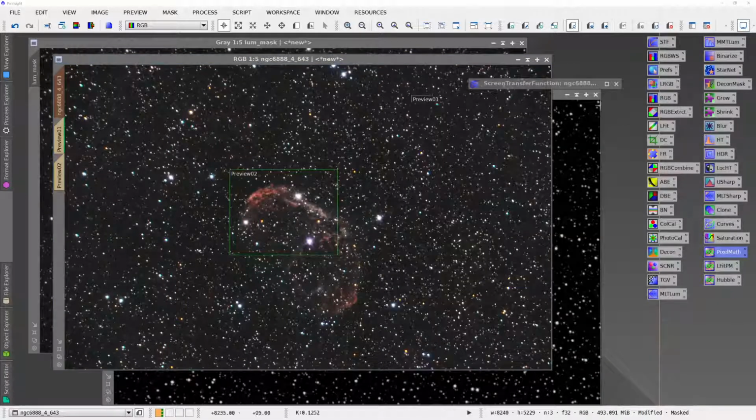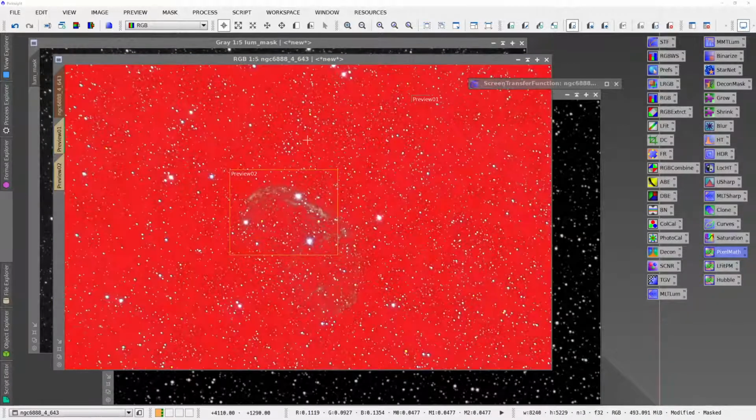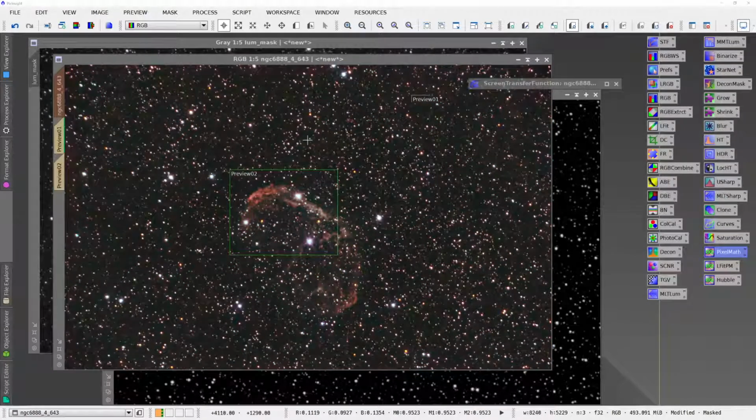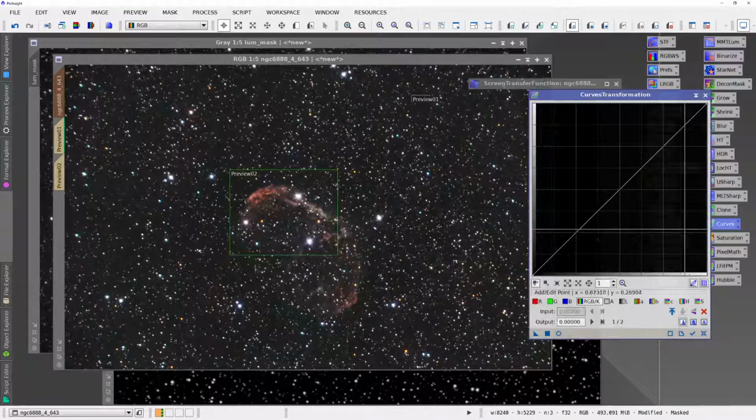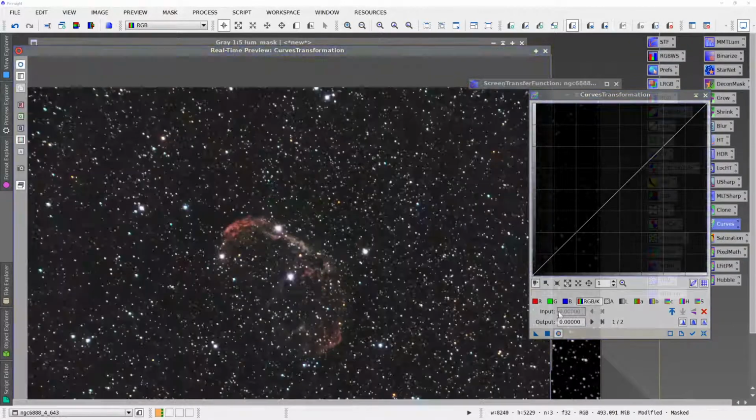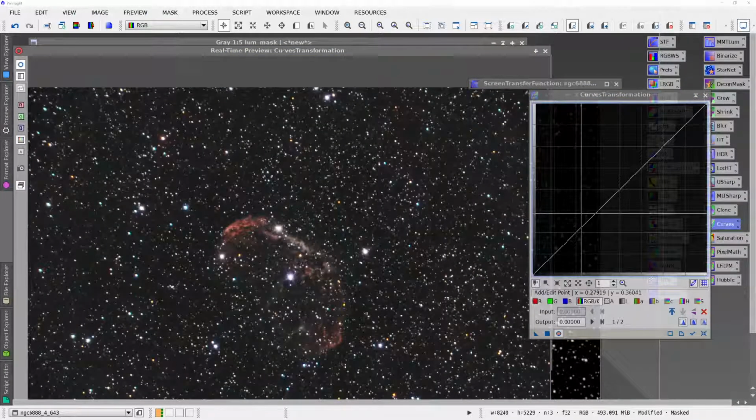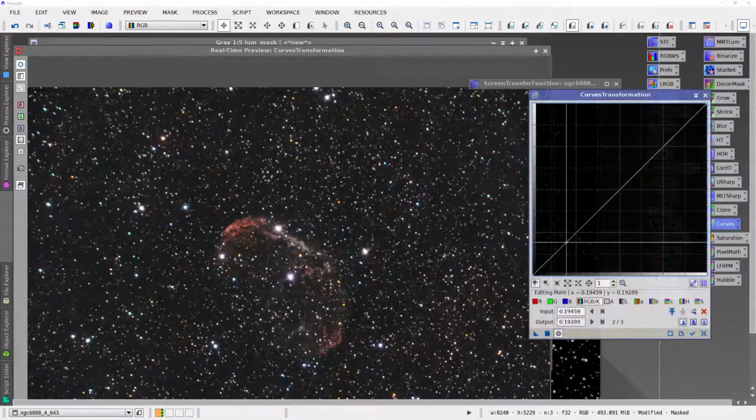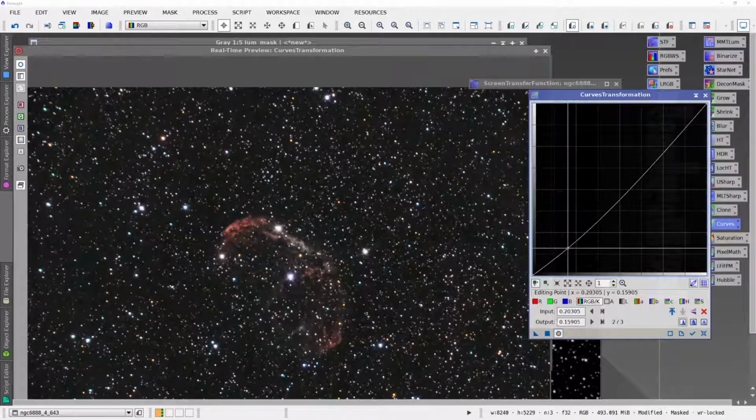And we'll do two things. First thing is we'll protect everything but the background. We'll go into our curves and we'll draw the background. Start down here, slowly pull it to